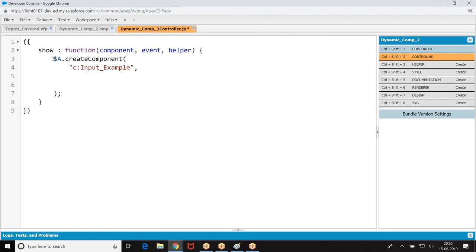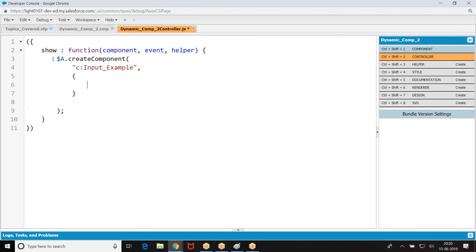This is the component which I want to create, with attributes for it. Then we have a function with component and status.